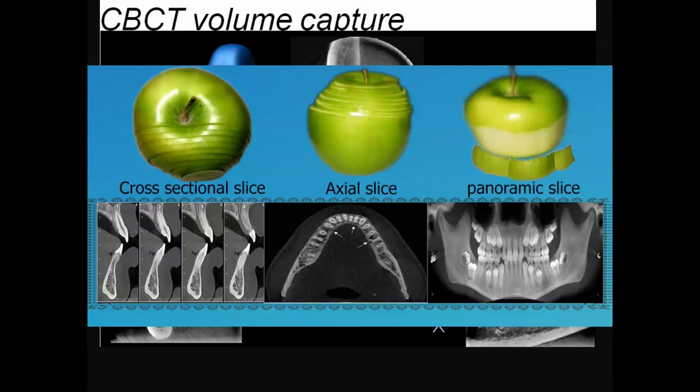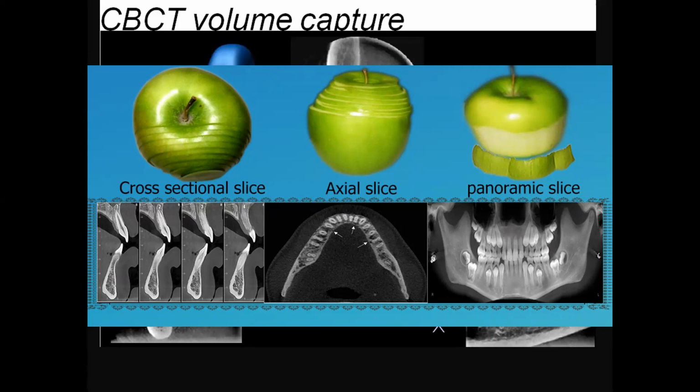Most of the time when we get advice for a CBCT, you get a panoramic view, an axial view, and sagittal views. Or you can get a coronal view. But are these slices sufficient for determining the things you want for a third molar extraction? May or may not be. Today I will tell you which structures you need to see and which sections you need to see.